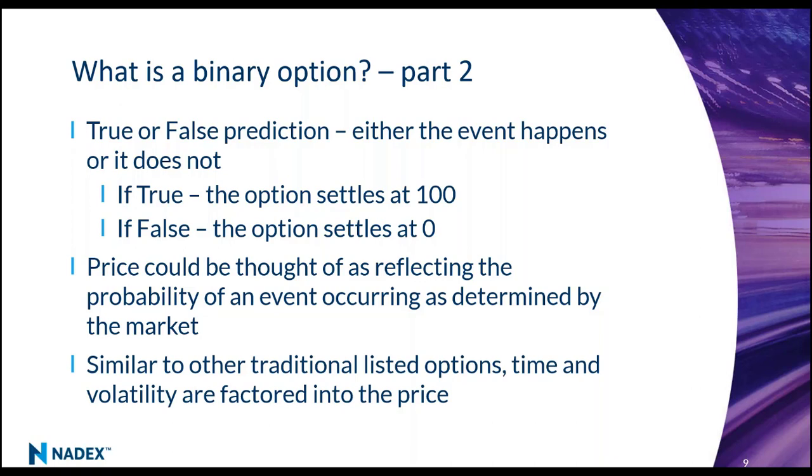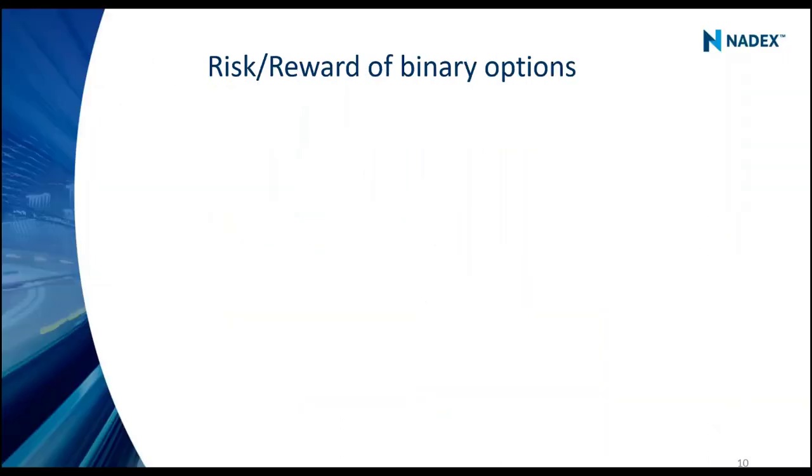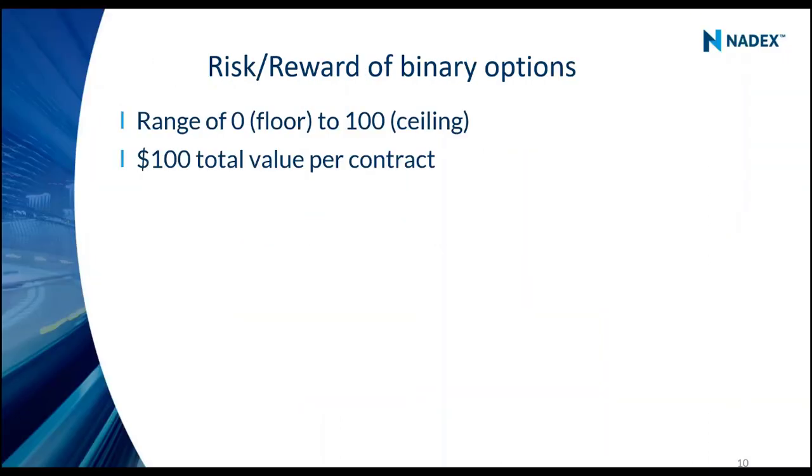And if you trade other options, I like to just mention this: timed expiration and volatility do get accounted for in the price. We're going to discuss that a little bit more in a bit. Now, something else that Nadex did that's pretty cool, we're going to talk about the risk reward, is while it trades between 0 and 100, and it's the probability that it will potentially be true, it's also the value of a contract. At Nadex, our binary options have a maximum value of $100. So it's also the dollars that you're trading. We make that easy for you to understand.